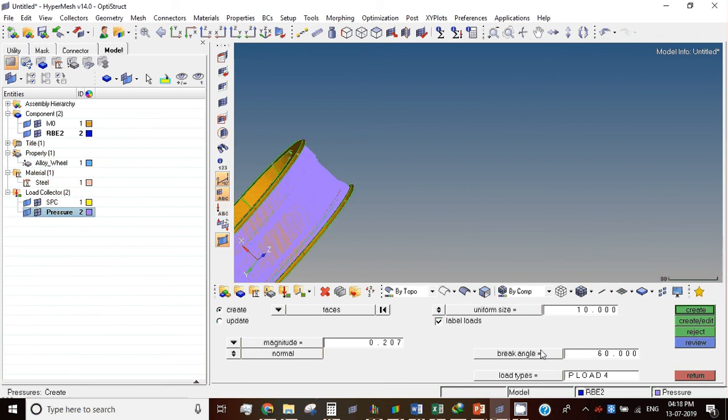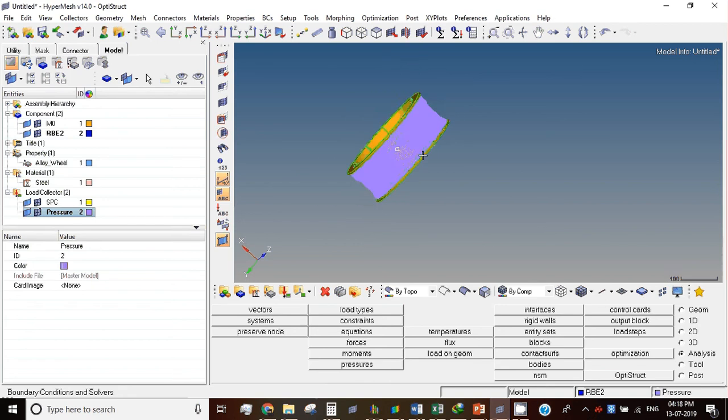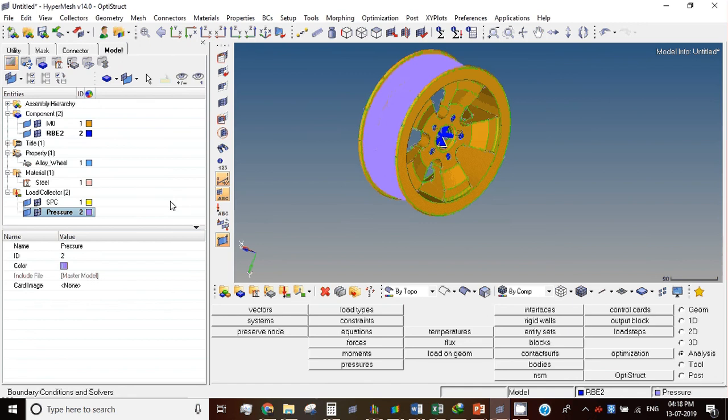You have to create a load step saying that this is the constraint and this is the pressure, and do a linear static analysis. The solver should understand, right? All those things you can do manually. We won't call it programming, we'll say editing the deck. That editing of the deck we can do manually, which means we can write linear static analysis, SPC is equal to 1, load is equal to 2. We know the ID 2, SPC is equal to 1.